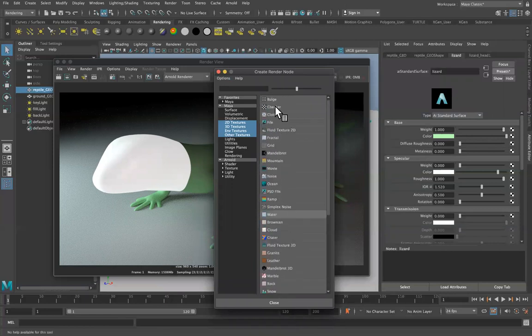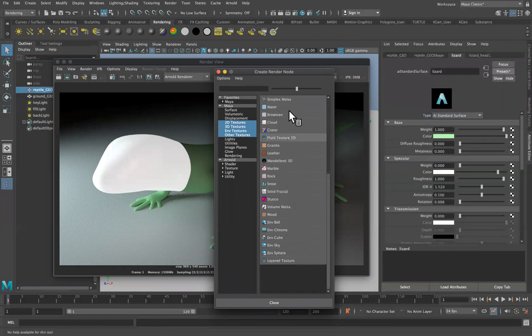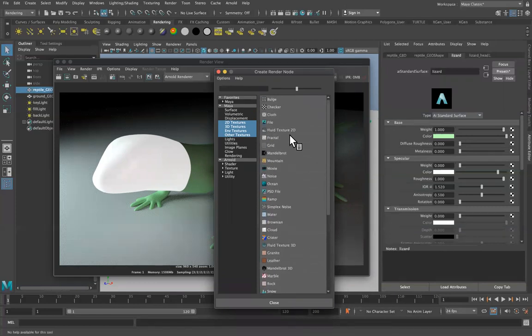And these are all the nodes we can connect to. And there's actually more in here, but these are our default nodes we can connect to. And you can see some of them are going to create a checker pattern onto the object, or create a noise pattern on them, or you could connect a movie. We're going to use one called file to connect it to a texture in a couple minutes. But we're going to start with just a very simple one. We're going to connect it to a ramp, and a ramp is a gradient. So I'm going to click this,